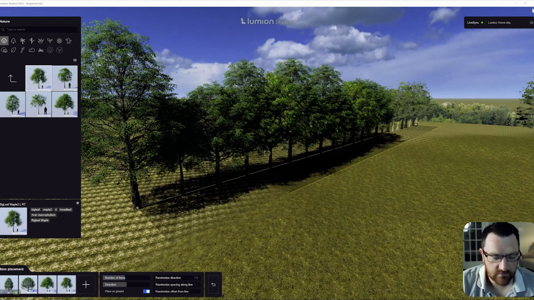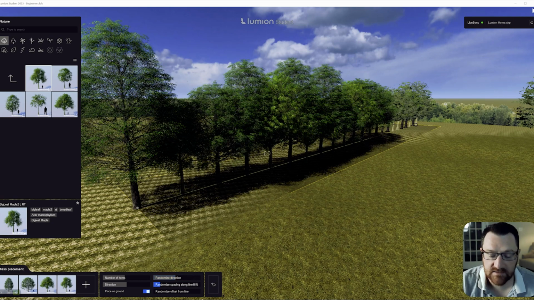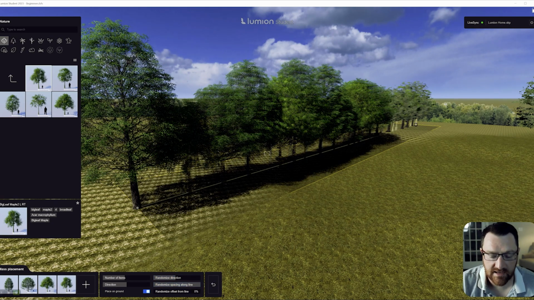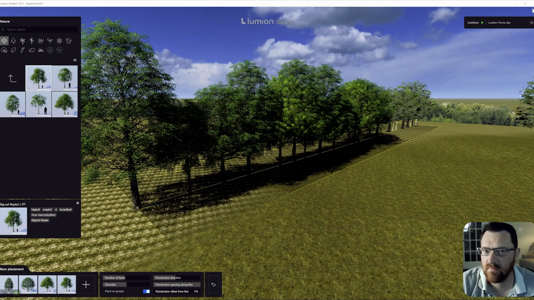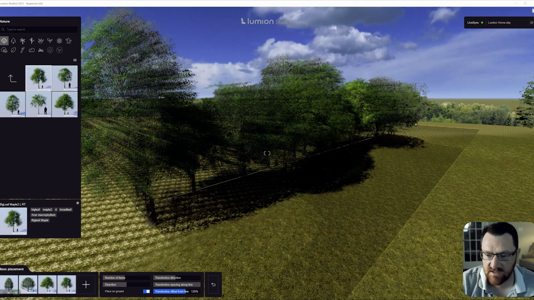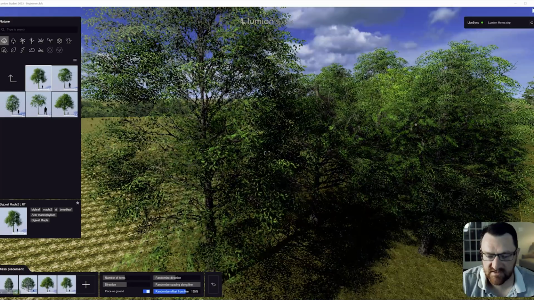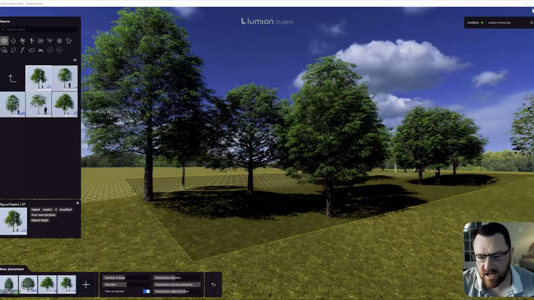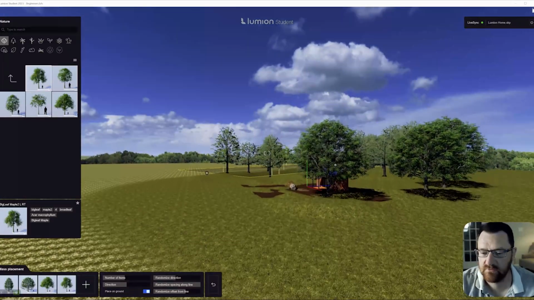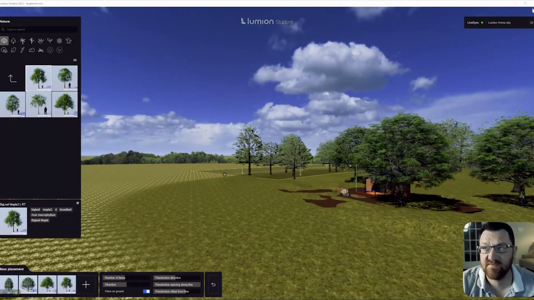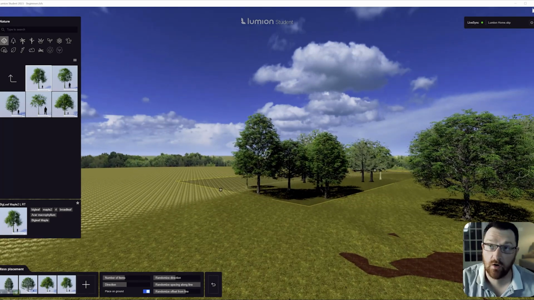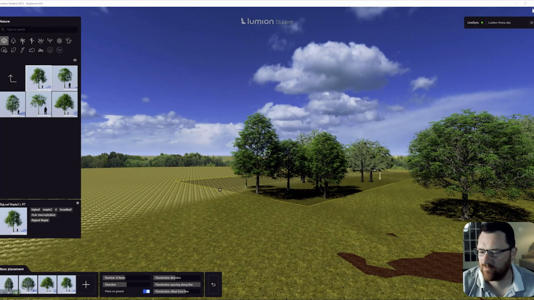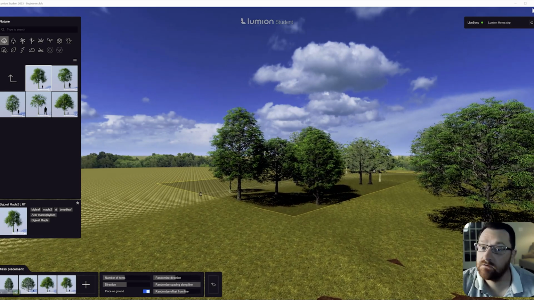Okay, great. We also need to ensure place on ground is pressed, which is great. We need to randomize the direction, randomize spacing along the line, and this is the really important one, randomize offset. And so if I grab this, you can see now I'm basically turning this into a more organic arrangement. And by the way, you will notice as I move my camera back, the trees kind of do get lower fidelity. That is, I think, because we have turned off show trees in high res in the settings,